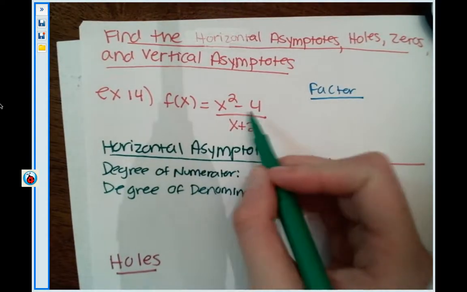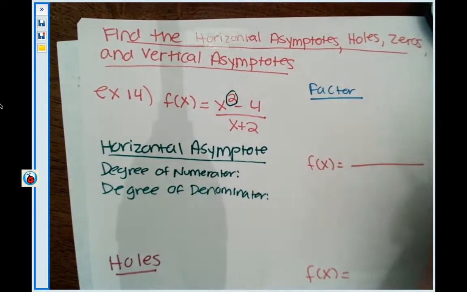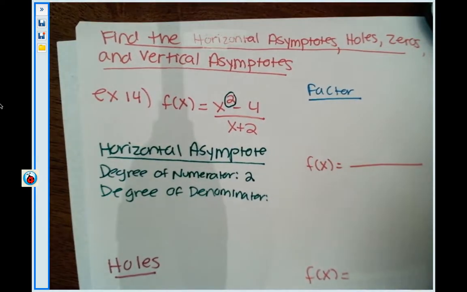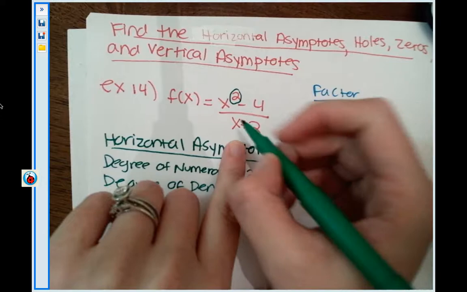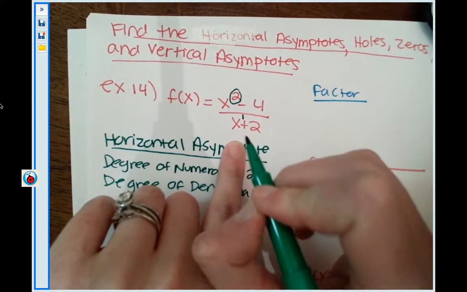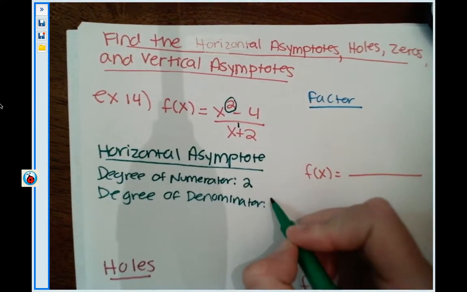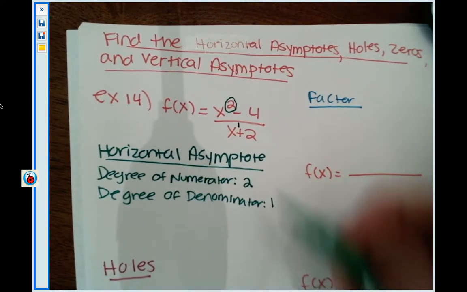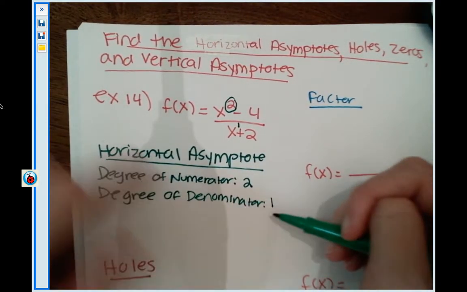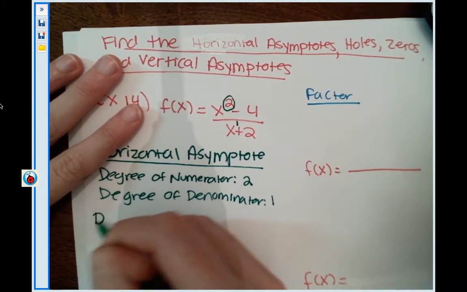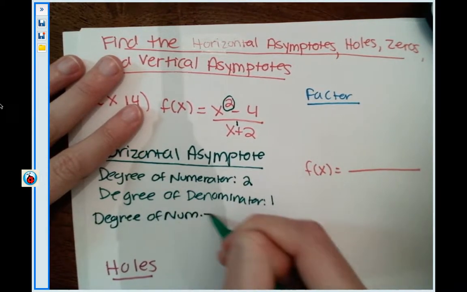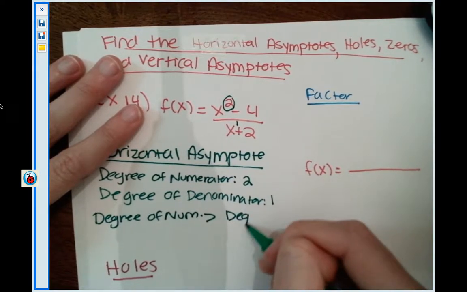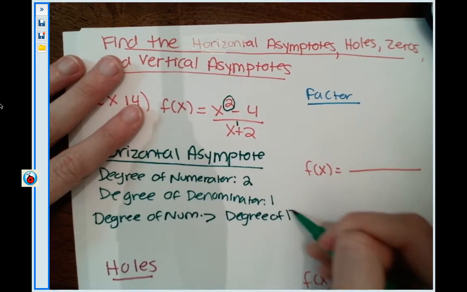Alrighty, so the highest exponent I see in the numerator is this 2 right here. So the degree of the numerator is 2. And the highest exponent I see in the denominator, well, I don't see one, and there secretly is a 1 hiding out. So it would be a 1. So let's see here. The numerator is larger than the denominator. So when the degree of the numerator, which I'm going to abbreviate, is greater than the degree of the denominator,